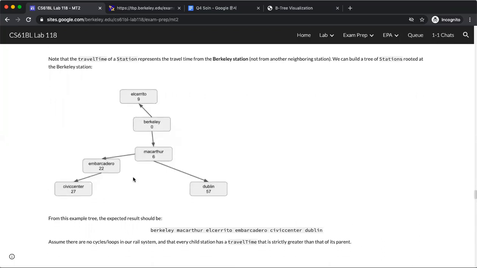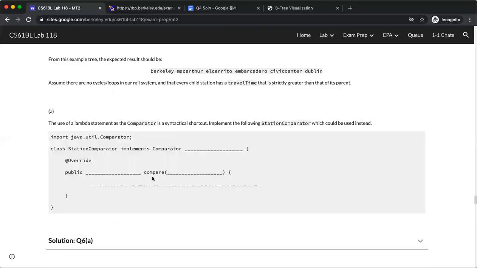Okay, so for part A, this is important. If you want to build a tree of stations where we order them by their travel time, then the expected result would be first Berkeley, because it has a travel time of 0 since we're starting at Berkeley, and then MacArthur, and then El Cerrito, and et cetera, based on their numeric values. So for part A,